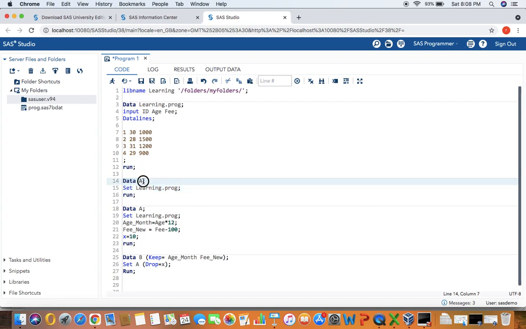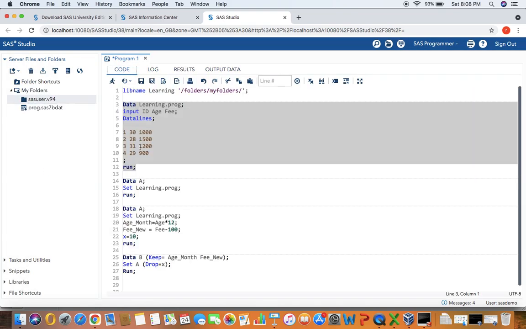It will just create a data set that is A. It will copy all the contents of program into A. That's all this program is doing. Second, we learned in the previous session to create new columns age underscore month and fee underscore new and a static column X. So I'll just quickly run this part.